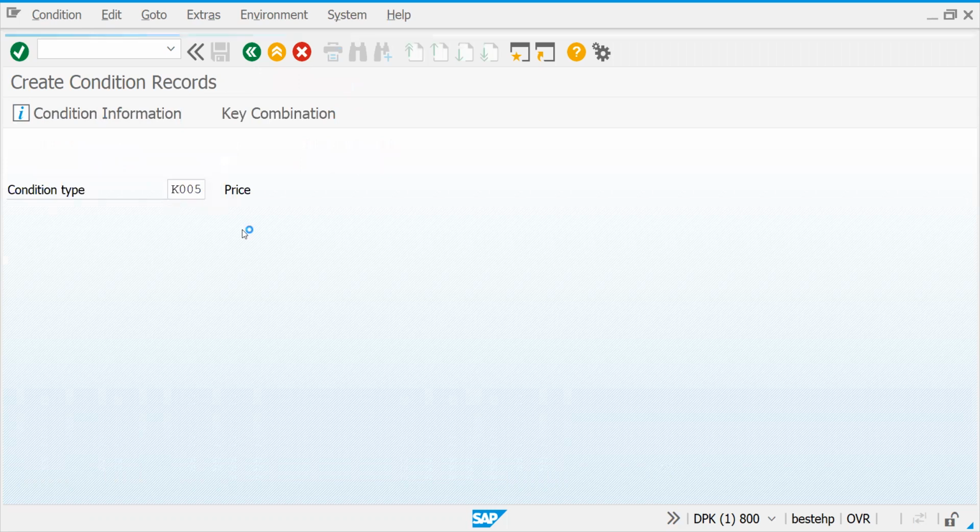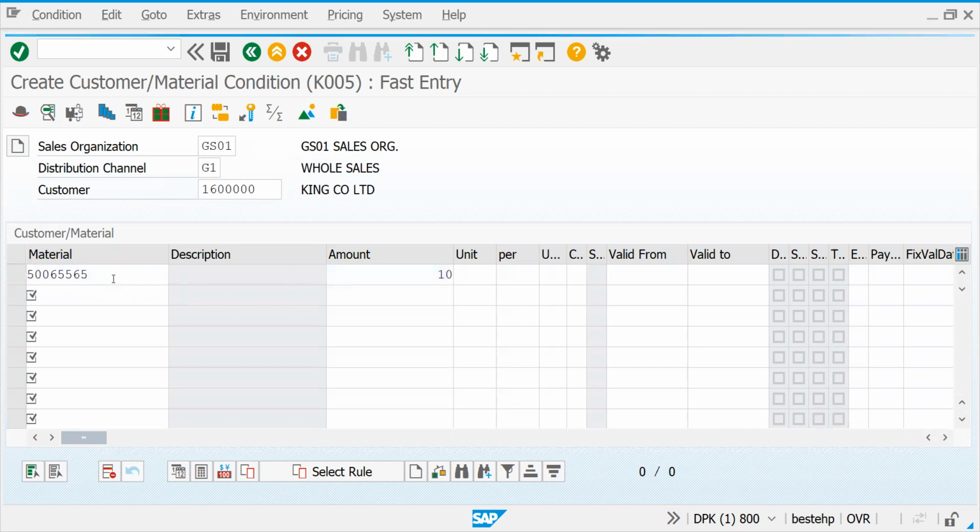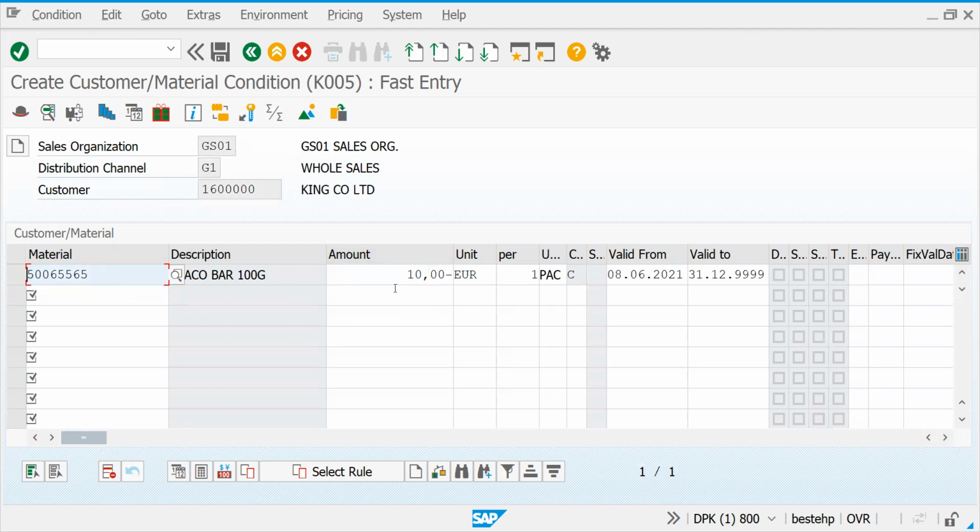Let's create one more condition type for your understanding. K0005. Okay. So distribution channel, customer material. I told you, right? Customer material. Let's enter the material again. So 10 euros fixed I am giving per pack. Let's save this. Okay. Let's go back to the Excel.